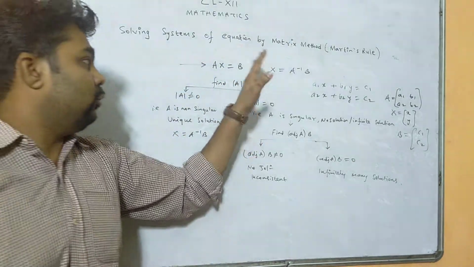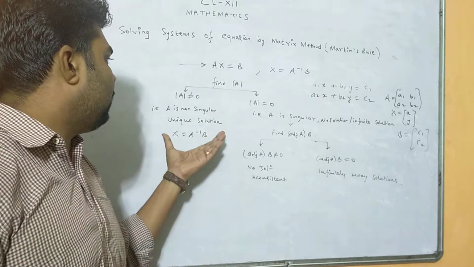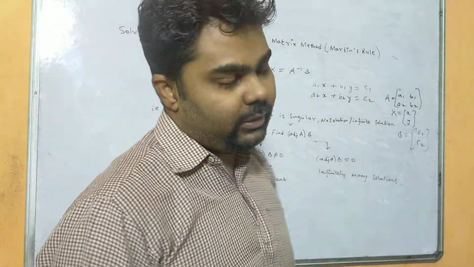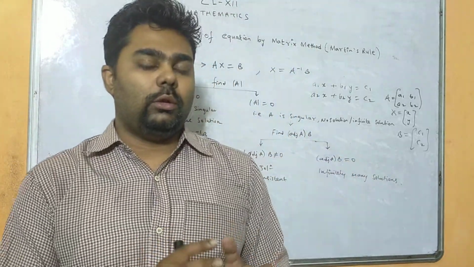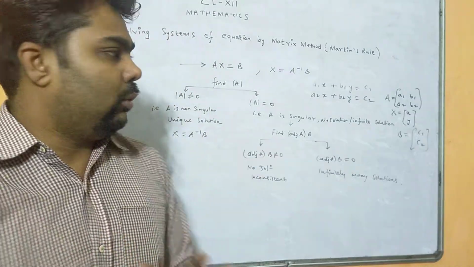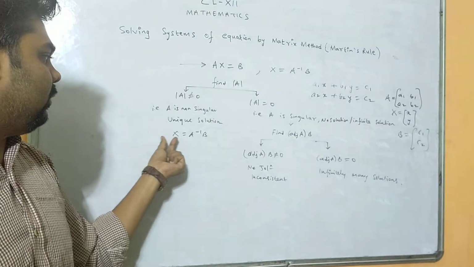So these are the conditions. You have to remember this. Generally the questions come from the not equal to 0 case only. Here the syllabus has been further reduced, and in the syllabus, if you see, it is written only for real values. So there are maximum chances for this. So for not equal to 0, x equals A inverse B.